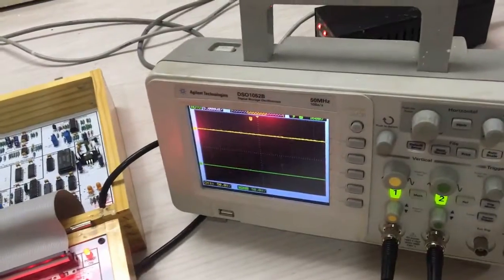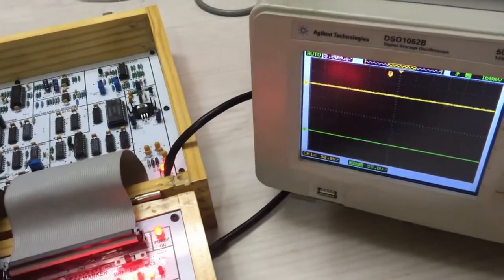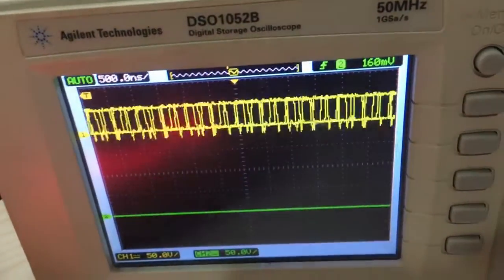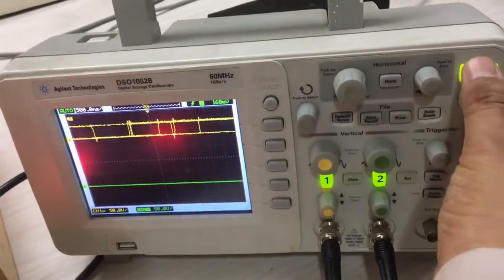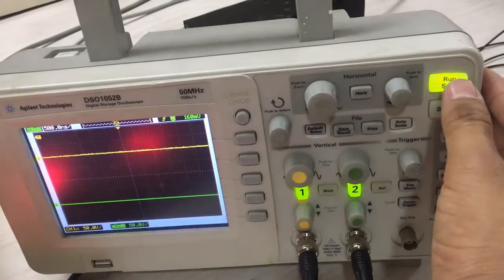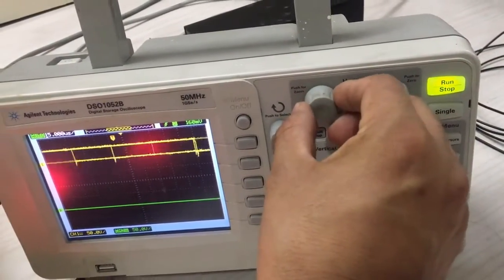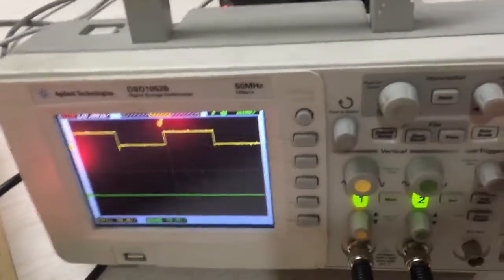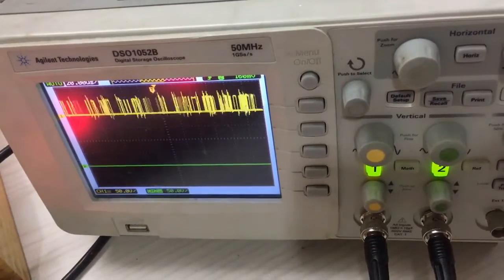So first of all, let me see the clock signals. You can see this is data clock I am applying here. Then this is mux clock. Then third one is frame clock, that you can see here. This is frame clock. Then from here we are checking TDM output, or before that